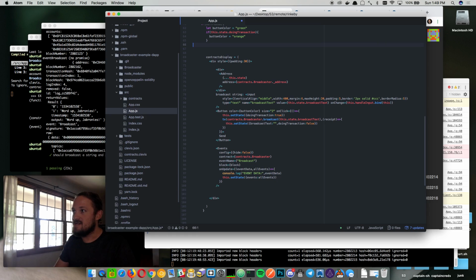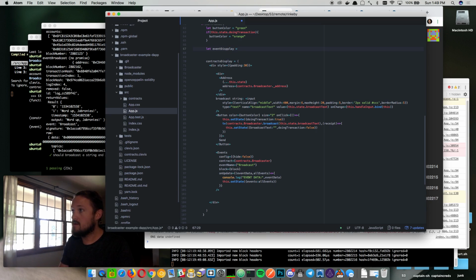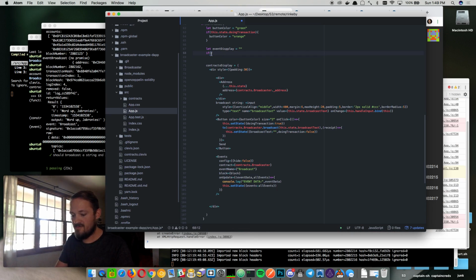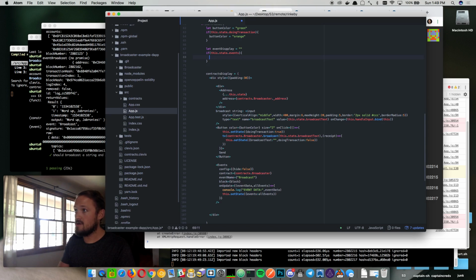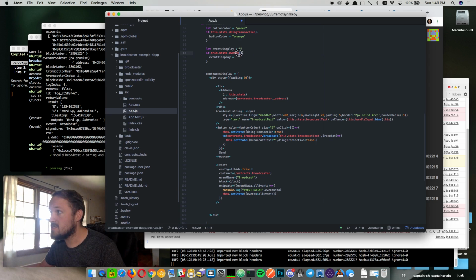Let's just do it. Okay, so let's call something called event display equals nothing, and then we'll say if this.state.events, then we're going to go ahead and go here, and then we'll just do this.state.events with two P's. I'm leaving the misspell. We're going with it. Equals this dot